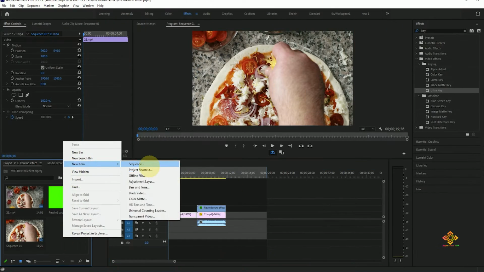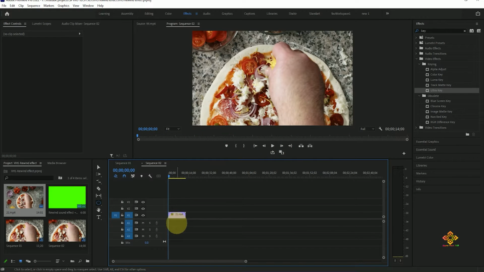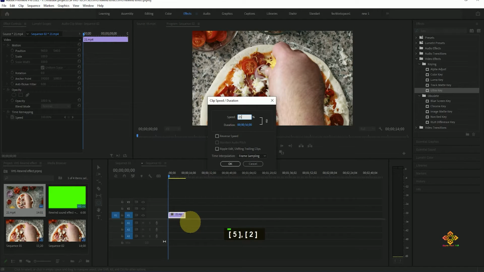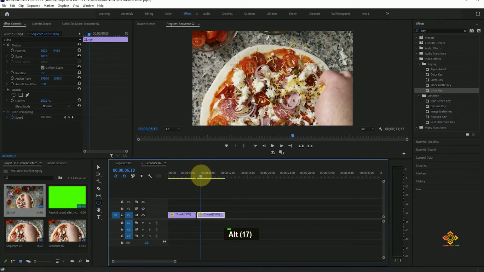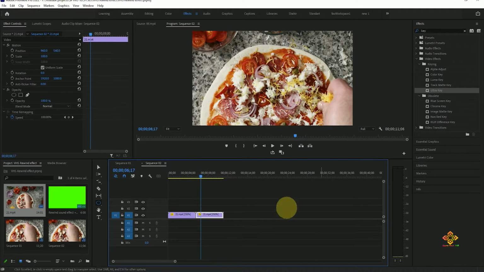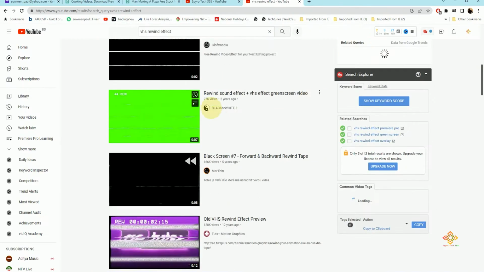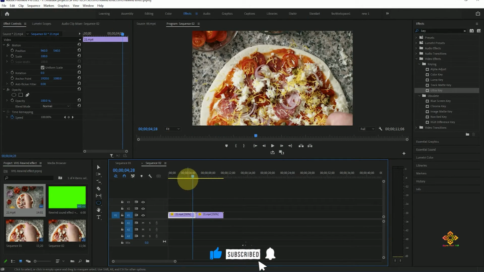First of all, we'll create a sequence and then insert the footage. After that, we'll change the duration and copy this. After that, we'll insert this VHS Rewind sound effect plus footage, which we have downloaded from YouTube. We have downloaded this effect. You can download anyone which you want to like, and then